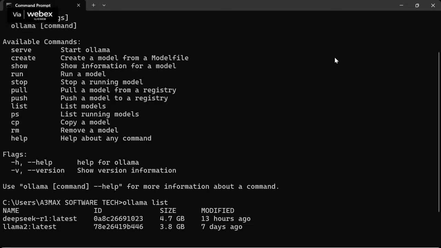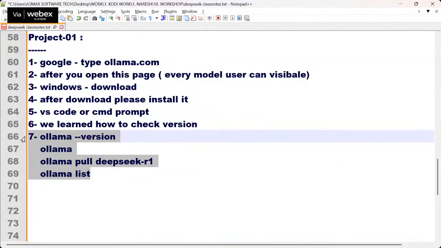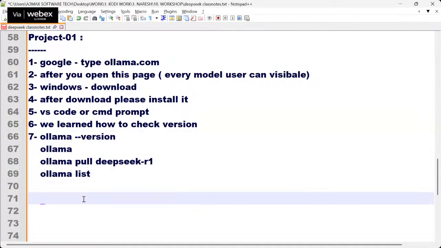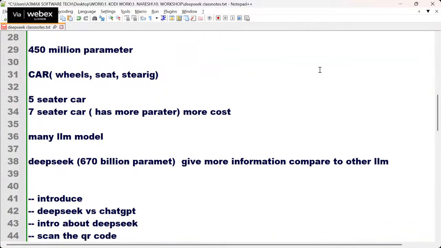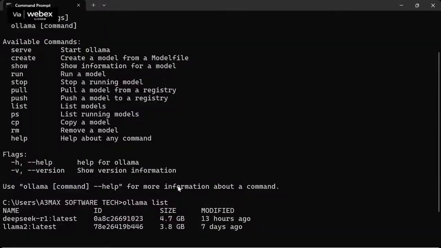Let me tell you, pull command again. So very simple, you can write this command ollama. I will give you 4 commands here. First one, ollama version. Please try this. Let me tell you, the students who have internet issues, don't work on it. This is a live recording. I'll give it to you. So you make sure you scan the QR code. My team will share all the links with you so you can refer to that. Okay, I'm waiting for you. Once you have completed, please let me know.